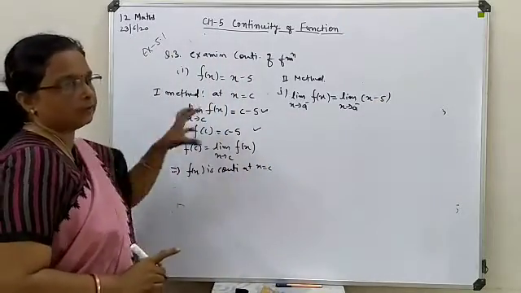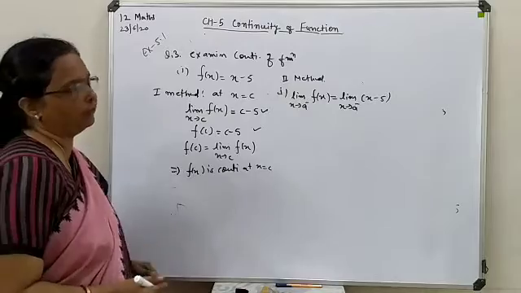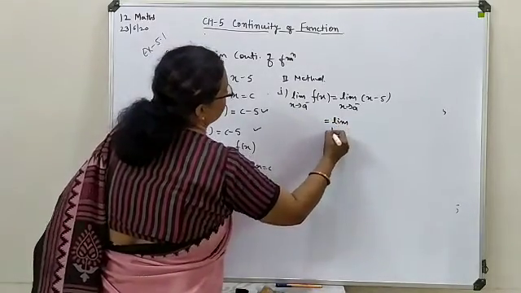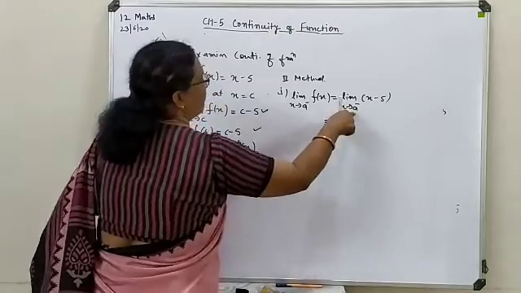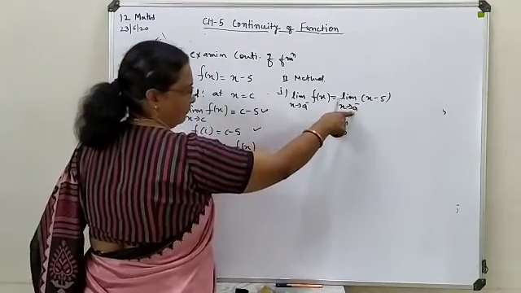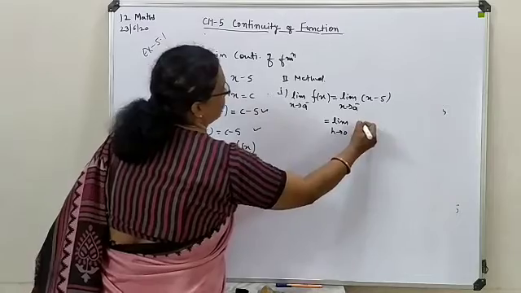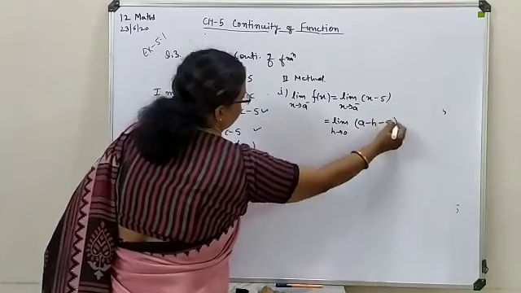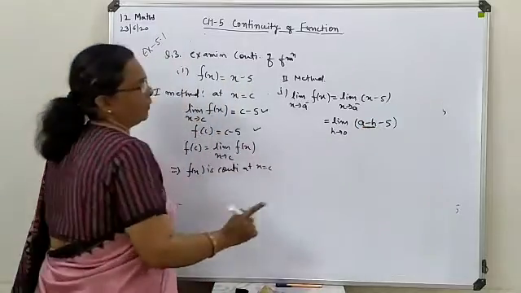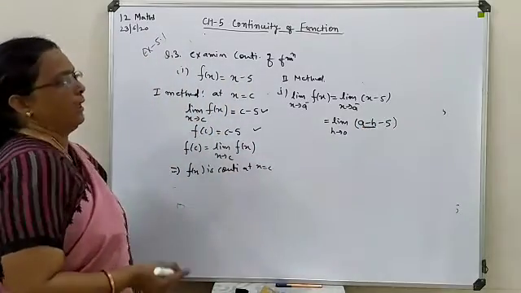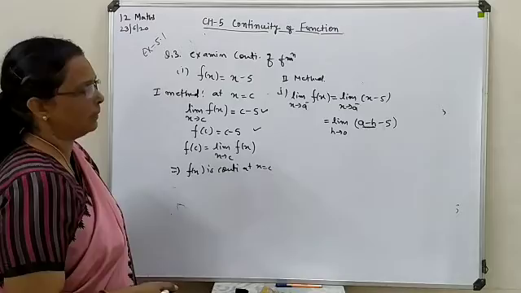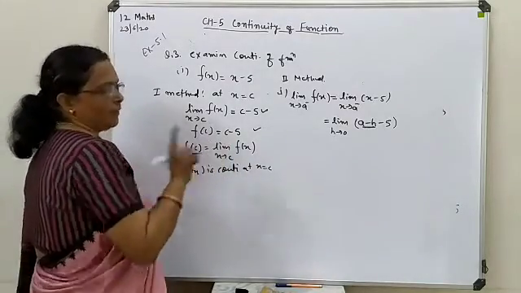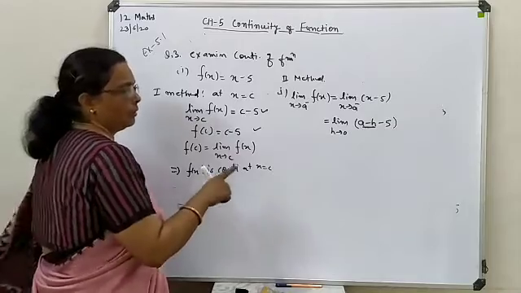Now this function we are going to turn in the form of h, limit h tends to 0. When you are talking about the left limit, x is to be replaced by a minus h. Take care of this thing, it is the important one. When you are talking about the left limit, x is to be replaced by a minus h. Now if you require a solution with respect to this term, you can go for the solution.